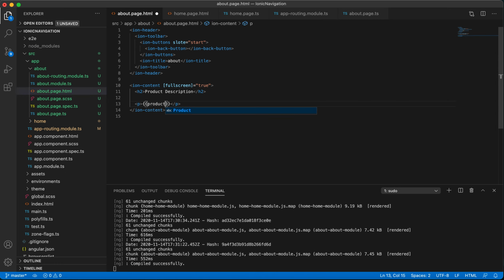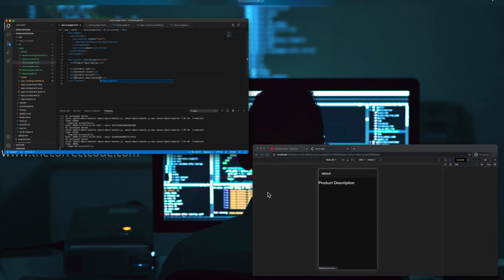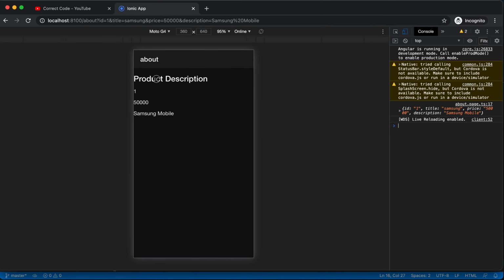Product is an object, so product dot id, title, price, description. Let's save it and see the output.